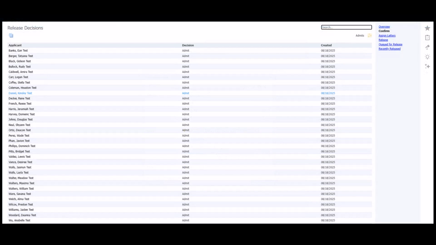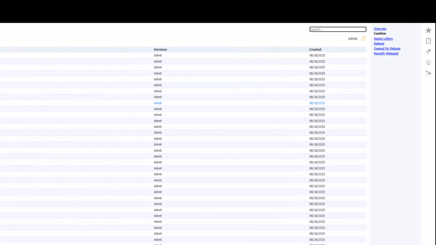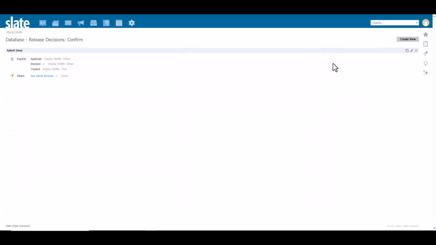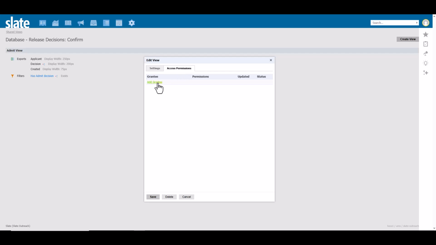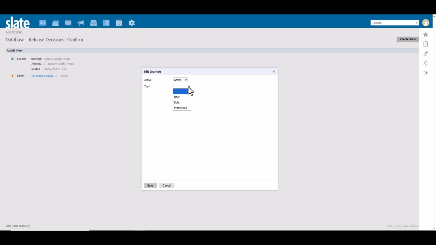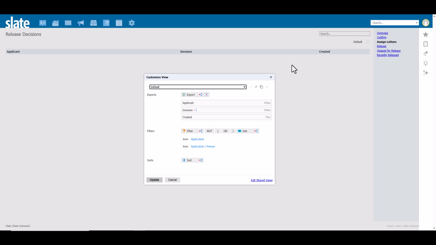Release tool. If a view has filters applied that limit the visible decisions, the blue Searcher tool becomes yellow. This is a good visual indication that the view is not showing all decisions. It is showing only the decisions we have configured to display. Views can be permissioned, so only select users are able to see a particular view. It is important to note that views will not persist through different sections of the Decision Release module. If the same shared or personal view should be available in multiple sections, it will need to be replicated in